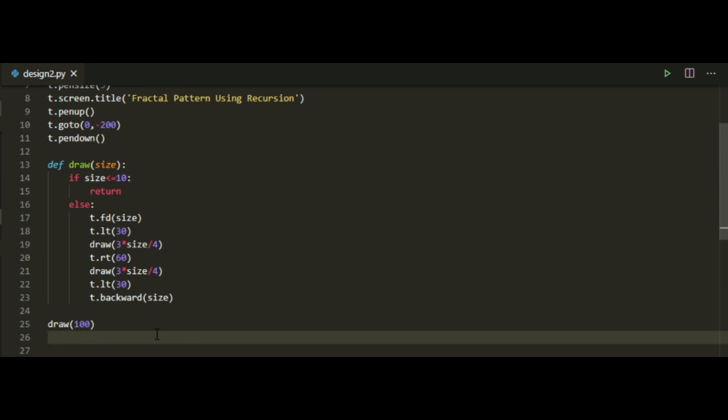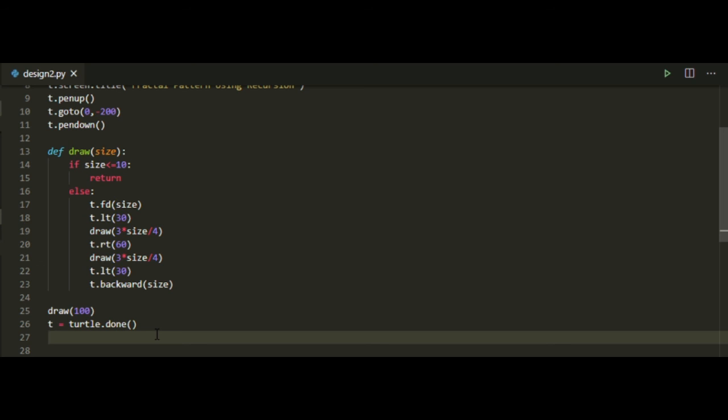And actually it's better if we write t is equal to turtle dot done, and we'll say turtle dot exitonclick, and then we'll just save this and we'll let it run.